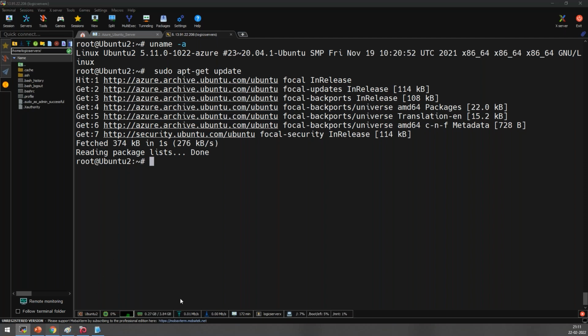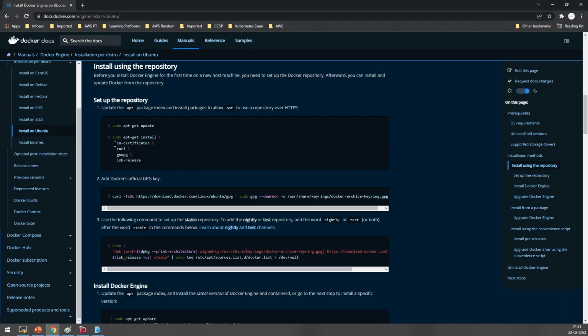Now the next thing is that you have to install these things. If you want to install Docker, it is mandatory for you to have these as part of it. It's not like Windows Update. If you want that, you have to go for apt-get upgrade. But here it's like a refresh, that's all. Okay, now see this, team.